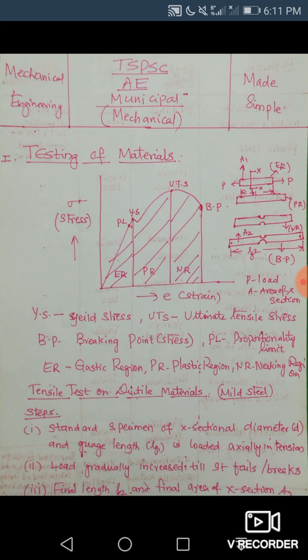Okay. Now, I have shown on the right hand side a bar which is applied with a load P axially. The initial cross section area is A1 and the initial gauge length is LG1. Gauge length is the length between which we are measuring and conducting the test. A2 is the area of cross section at the breaking point, which is in the very bottom figure, and LG2 is the gauge length at the breaking point. These are the things which are shown on the right side.